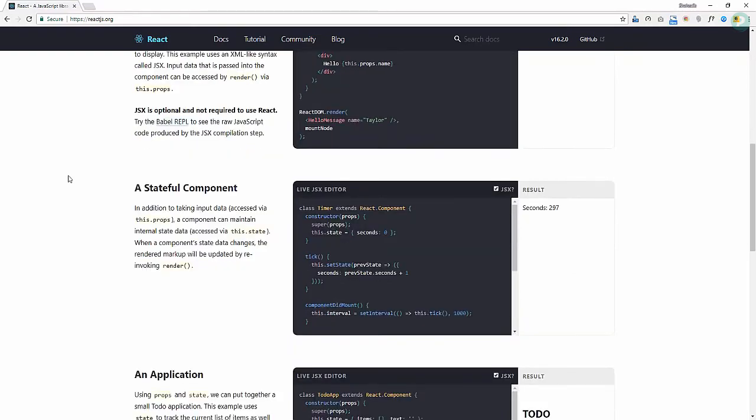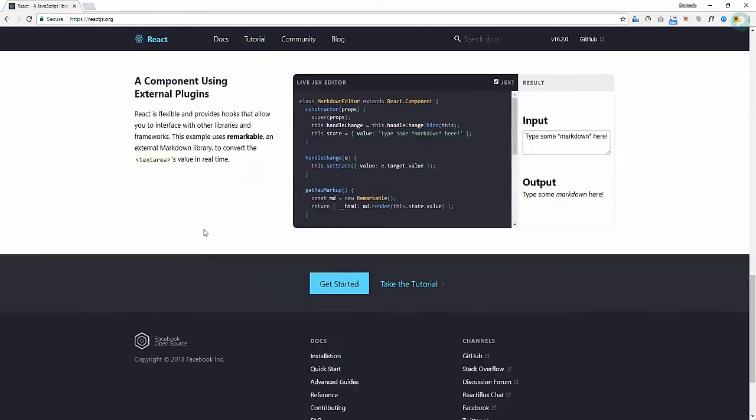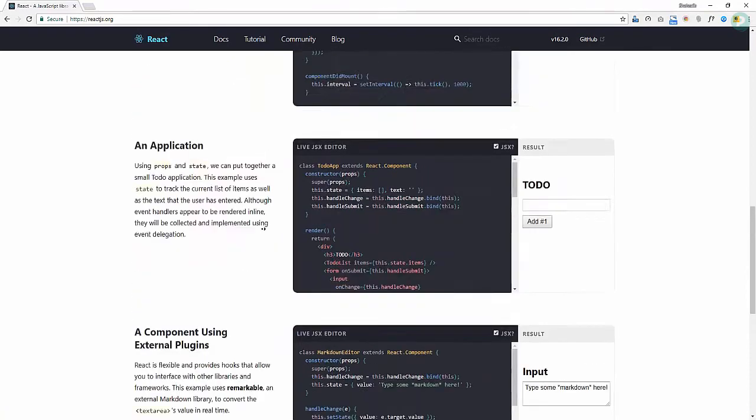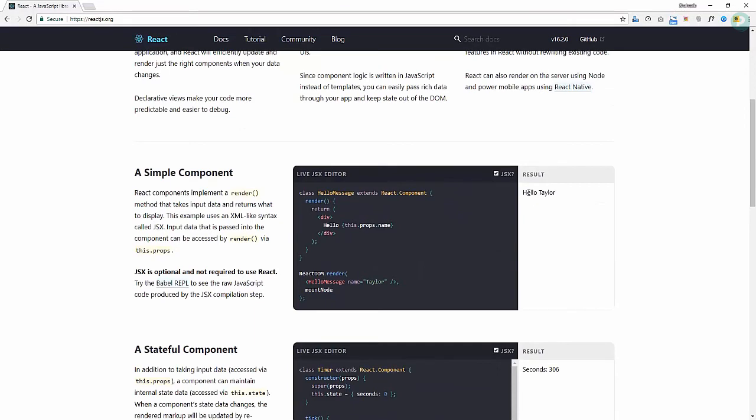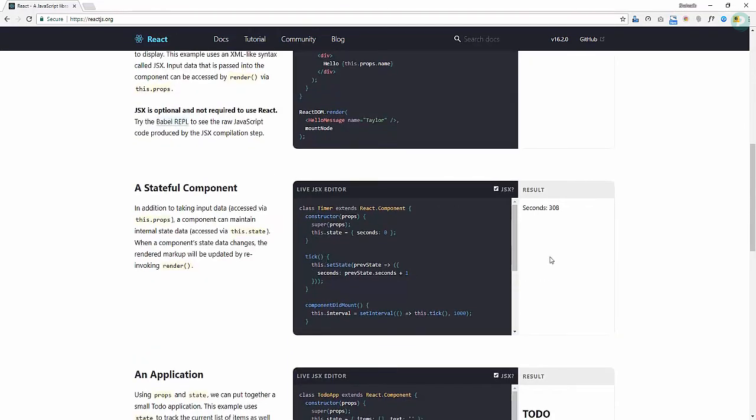So stateful components, applications, different kinds of things we'll be talking about inside React. Now interestingly, you can see the result here, the hello Taylor, where we are just getting the seconds, the previous state seconds plus one, and it's giving us that because of the setInterval. If you know the JavaScript method, the setInterval method, by this we are getting 1000. We are changing this every 1000 milliseconds, and we are just adding one with each of them,